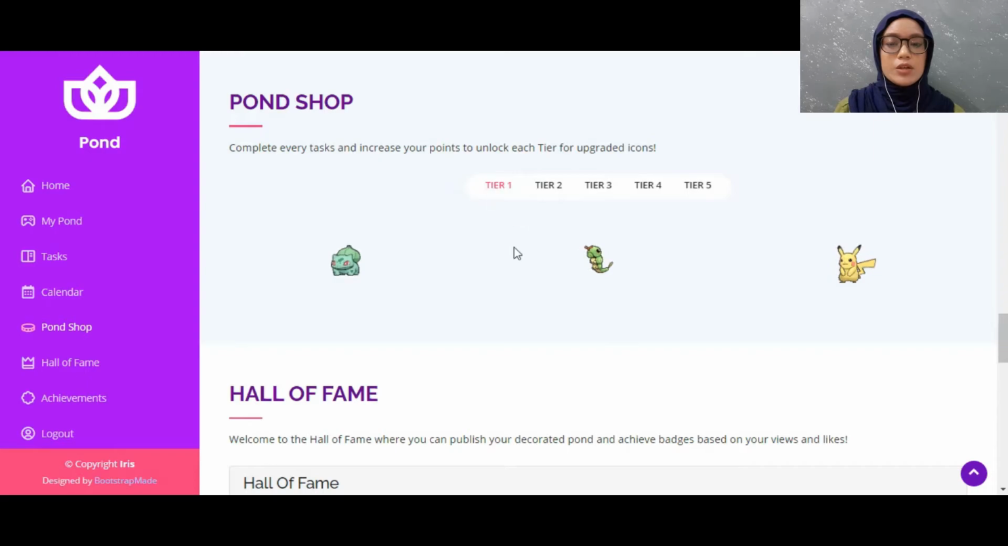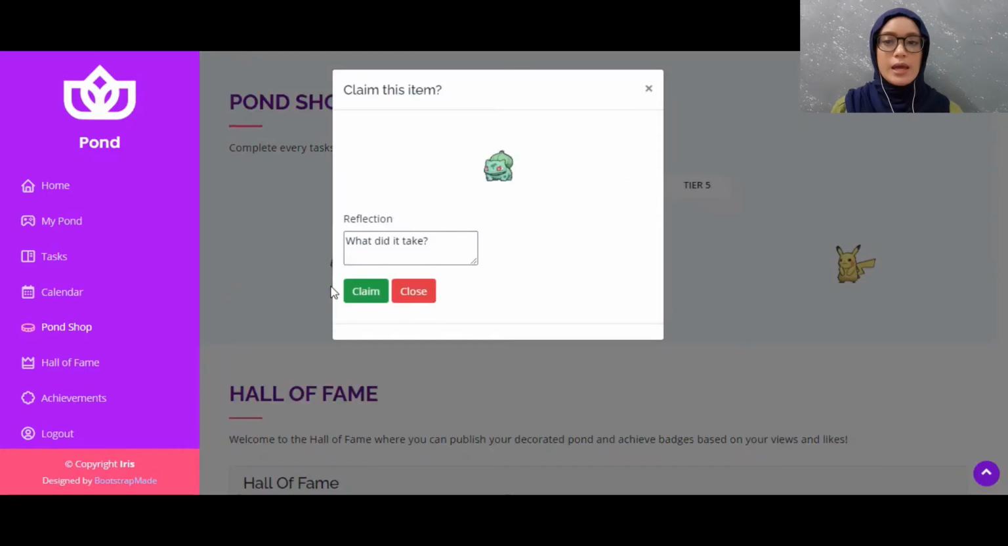Now, in order for the user to claim the item, let's say they have unlocked tier 1, as for this example, I'm already at a special tier, I can simply click the add button and a pop-up will show up saying claim this item and a reflection, which is the include use case for this subsystem. The user may write their reflection regarding which task they have completed. So let's say I just wrote